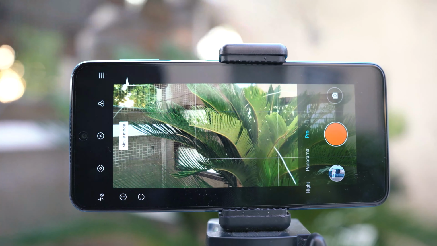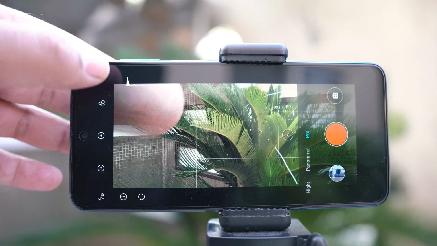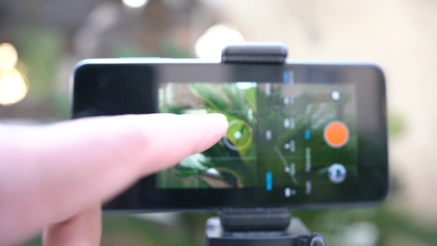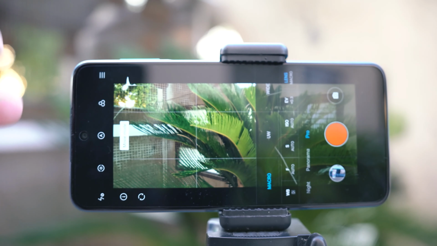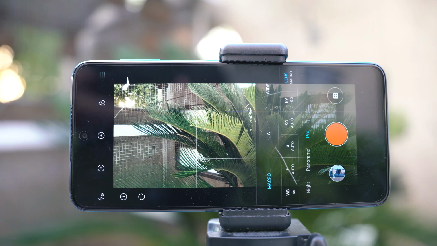So let's say you are not a pro filmmaker but you want to shoot a very good cinematic footage from your phone. You can just go to the options here and you can turn on the movie frame. Now you can see that it's bringing these black bars, which are basically the cinematic black bars in your footage, and in my opinion it's going to be a really good feature, especially if you have a gimbal with yourself. You can just go ahead and record a ready-made cinematic footage right out of your Redmi Note 9S.